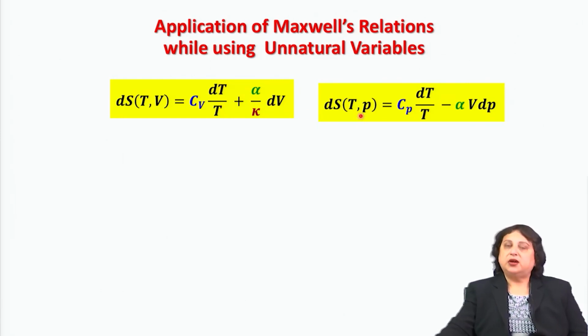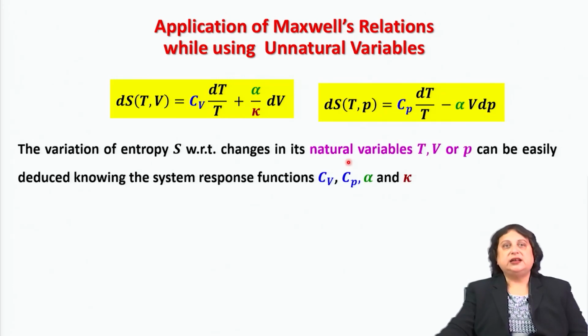Similarly, for a system whose thermodynamic state is denoted by temperature and pressure, if it undergoes an infinitesimal change in state such that its temperature changes from T to T plus dT and pressure changes from P to P plus dP, the associated change in entropy can be directly written down in terms of Cp and alpha. Then the question is,